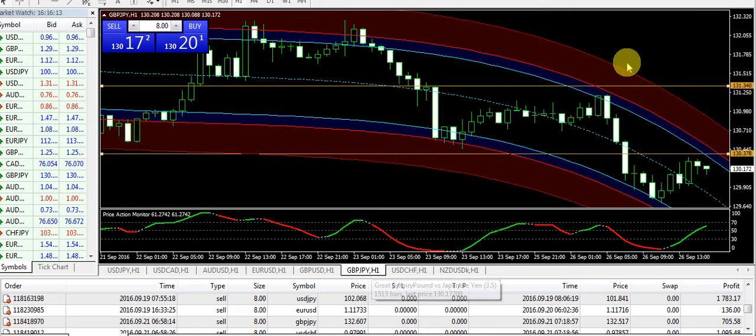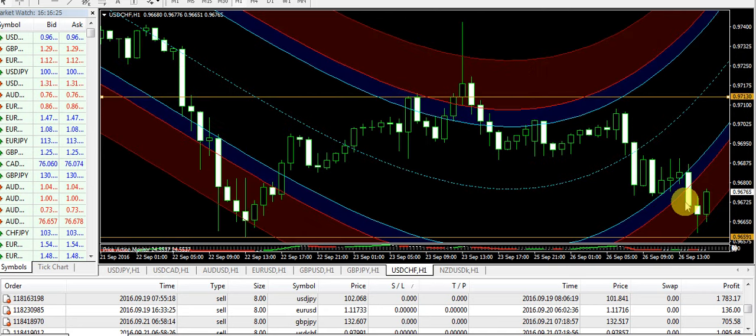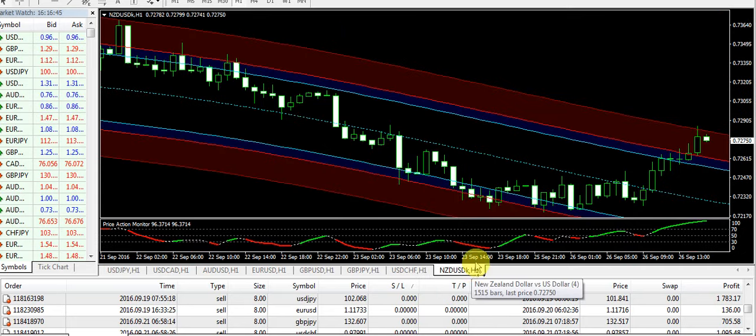Okay, similarly, more reviews. When the market enters the red zone on Great Britain pound JPY, it has a downfall here, and if it again comes back here, I will sell that pair. And in case of USD CHF, look here, first the market entered into the red zone at the top of the area, then the market was down, and now it is just here in the lower red zone area, and look how it's going up. So this is the power of the system, and nobody can deny this.